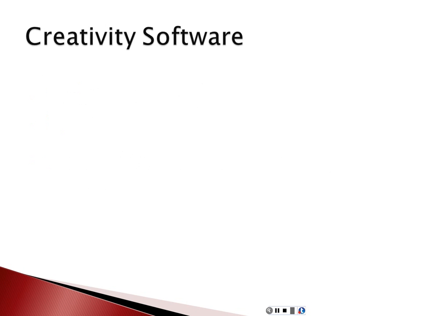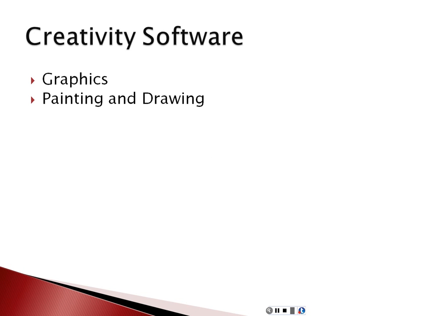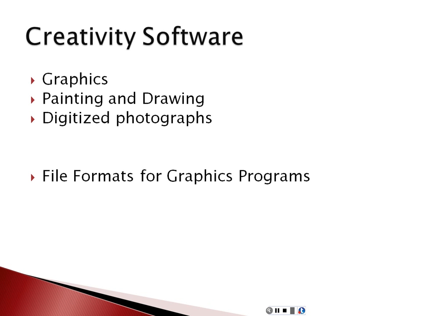Then there's creativity software. This allows you to create graphics, to paint, draw, to manipulate photographs that have been digitized, or to allow you to digitize photographs. And I want to point out here some of the formats that you'll see for graphics or for pictures, basically. You can have a bitmap, and you'll know this because there is an extension on your file. For example, your picture's named flowers. It'll say dot, and according to how you save that file, it may have a